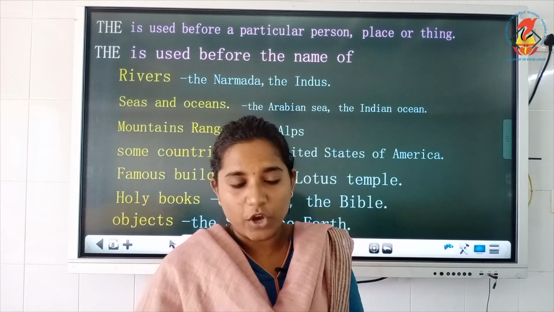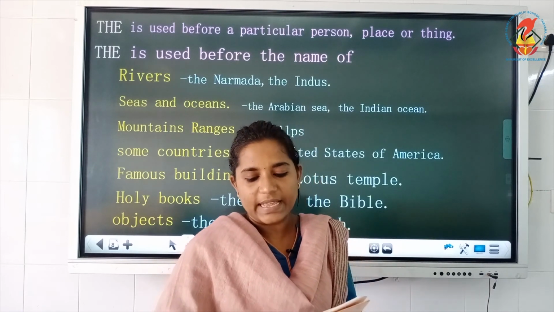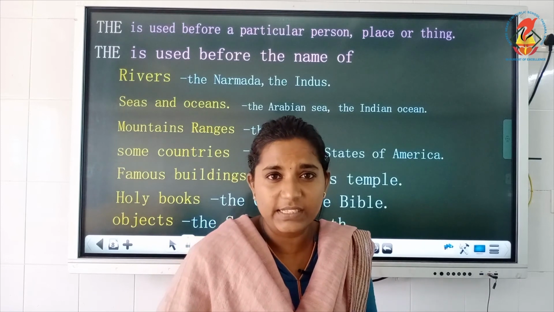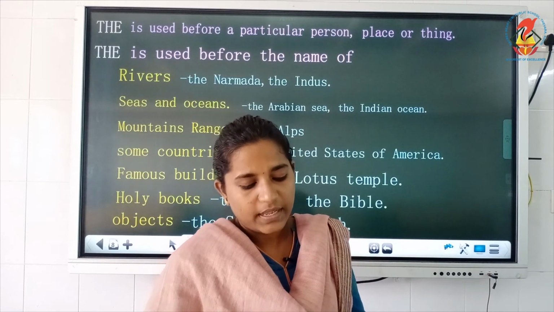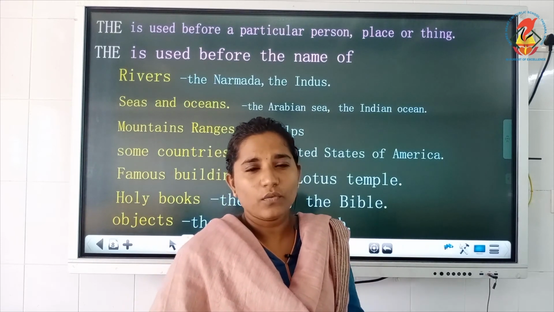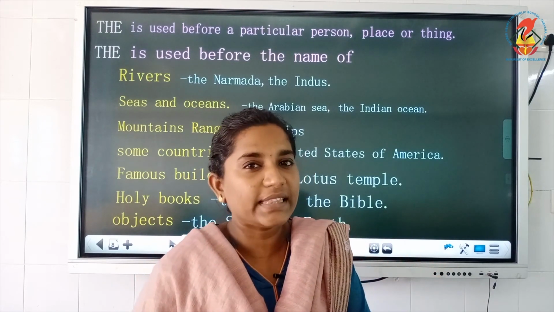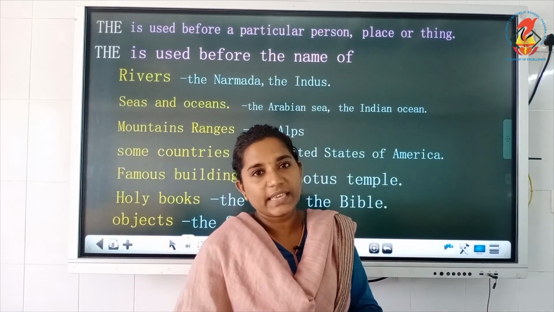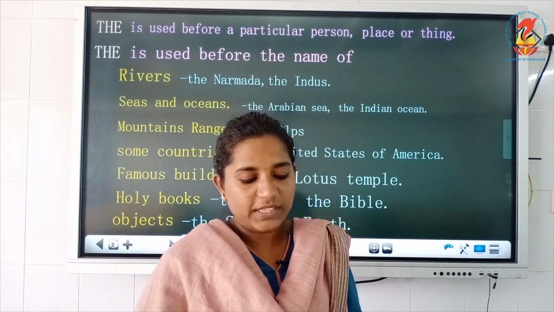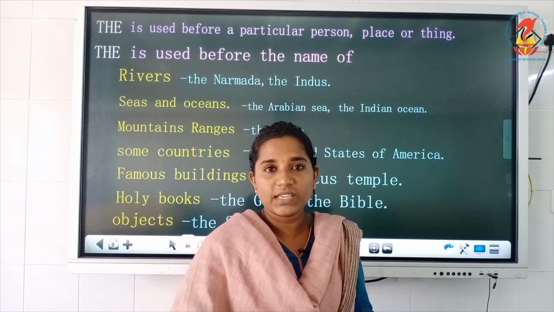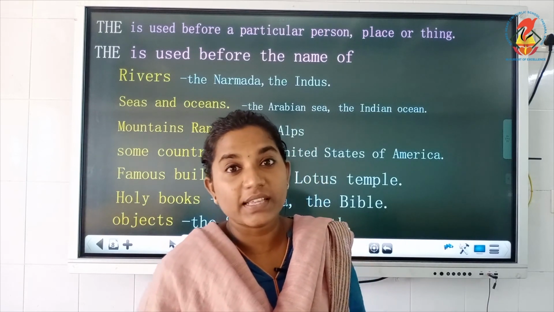Understood? Now, moving on, exercise E, put the wherever you think it is needed and rewrite the sentences. You have to rewrite the sentences after writing the article the where it is needed. First one, sun rises in east. So, we are saying about an object. It's particular, special. The sun rises in the east. Second one, we could see stars shining in sky. Where can we see the stars? In the sky. So, we could see the stars shining in the sky.